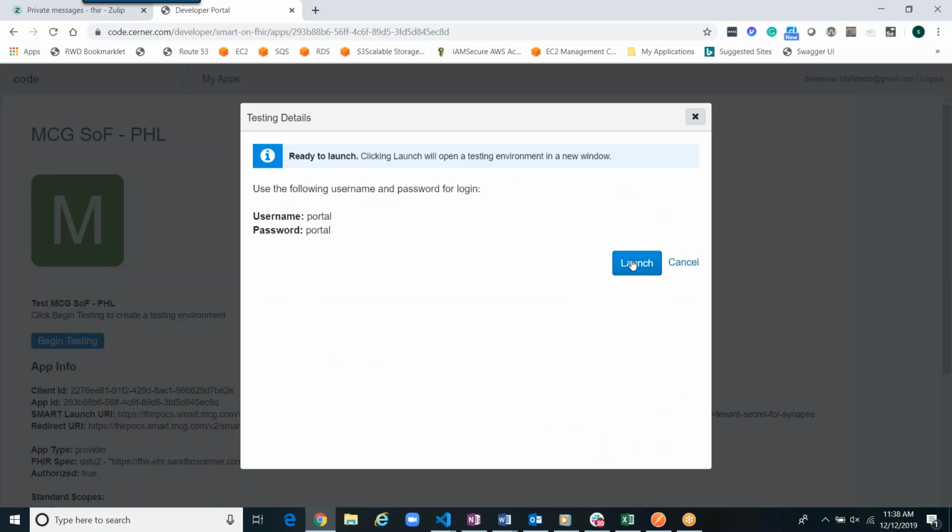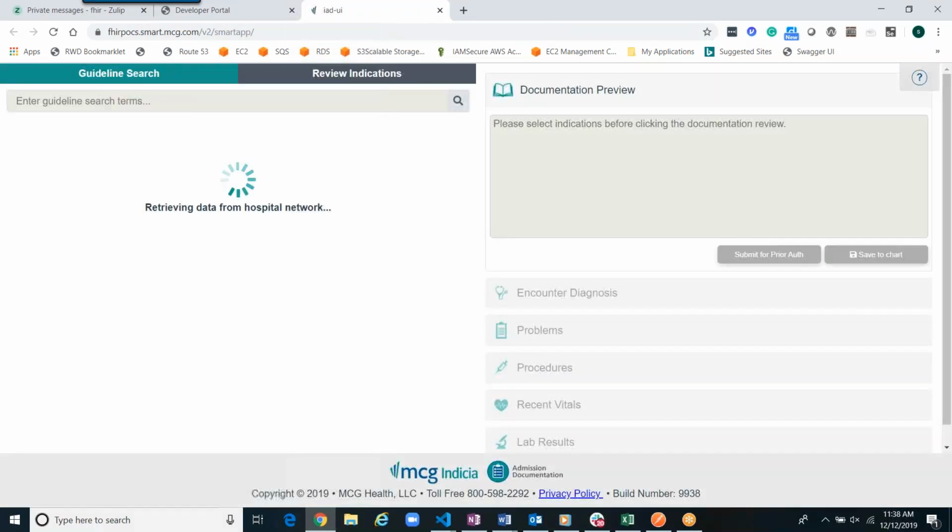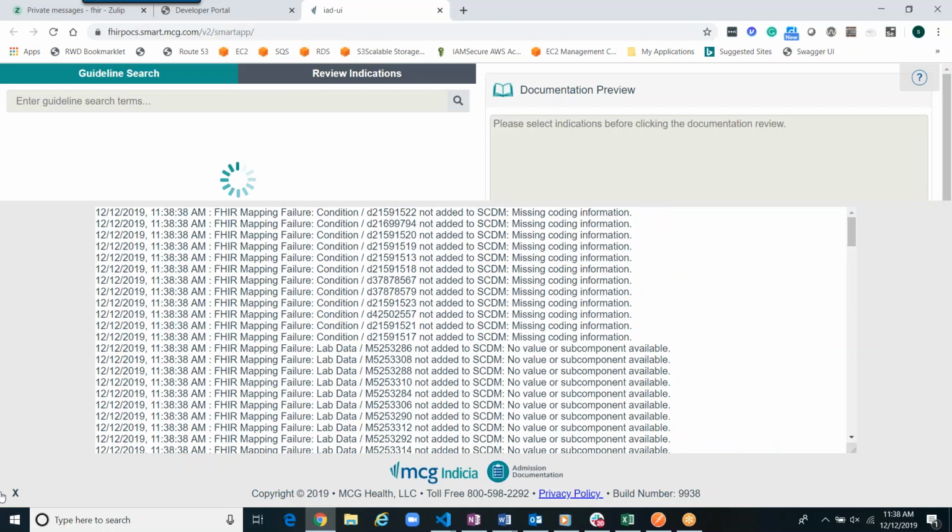Now, when you're ready to launch, it launches into the MCG DTR Smart on FHIR app. At this point, what it is doing is connecting to the Cerner FHIR server and retrieving all the various resources required for us to do that reasoning. So it takes a bit of time. This is retrieving quite a few